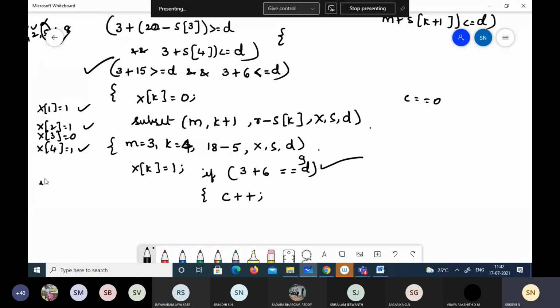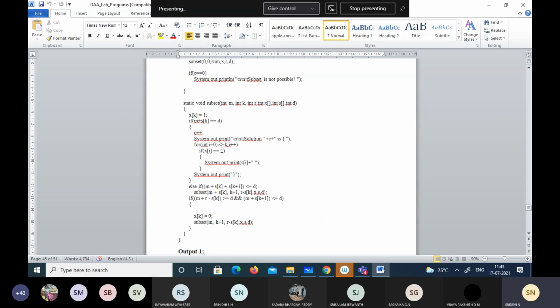So we are varying I from 1 to less than or equal to k. This is the k value whatever we got. Okay. So when we vary from 1 to k, we can print the solution. So solution is printed and we close the bracket and the program ends there.